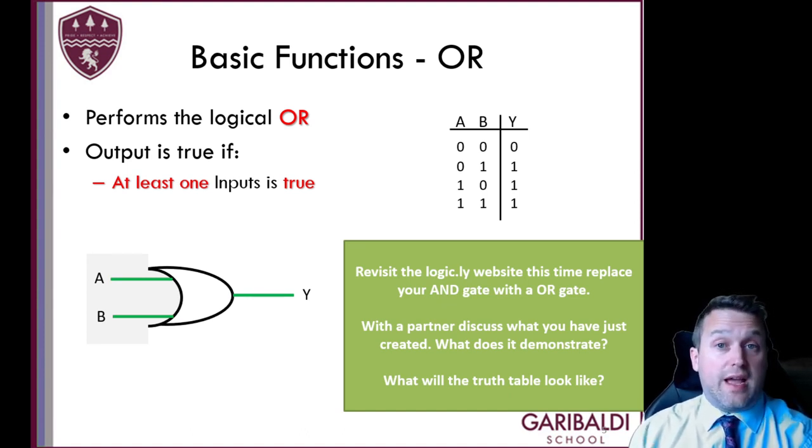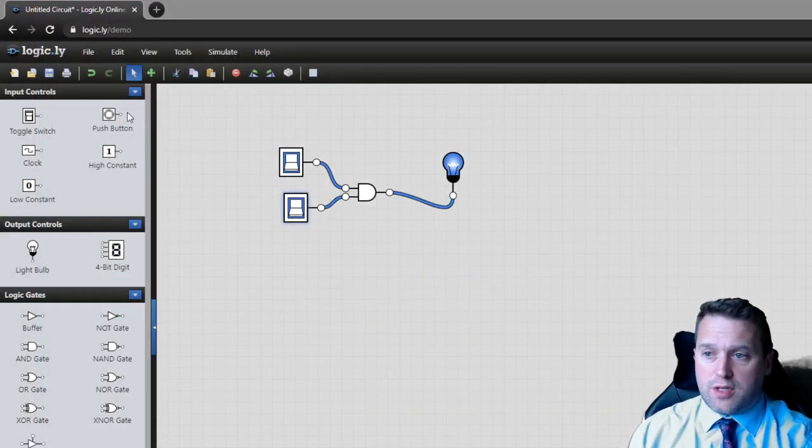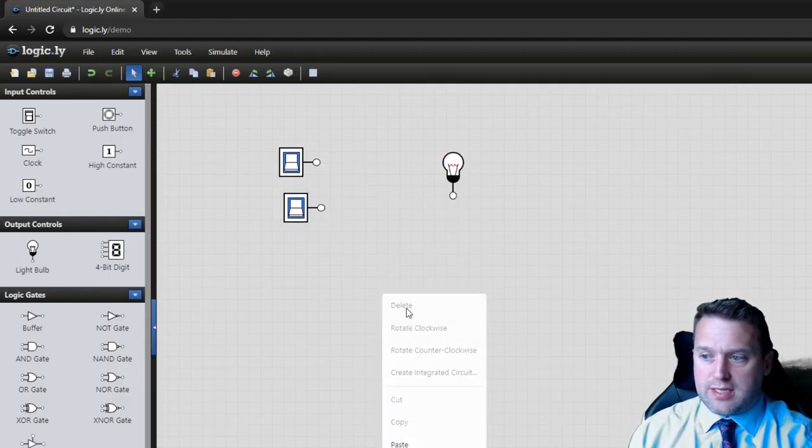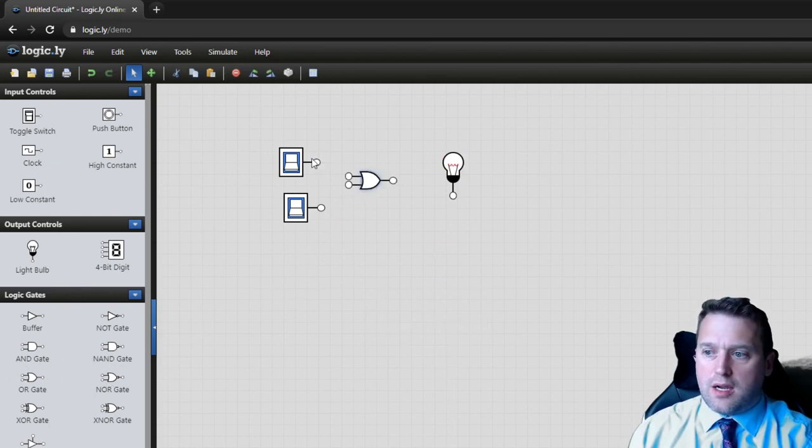So let's take a look at that in logic.ly. So we go back to our circuit here. I'm going to get rid of this gate now, which I can delete by right clicking it, and I'm going to just change it for an OR gate. I'm going to just slide in the connections like so, connect it up,